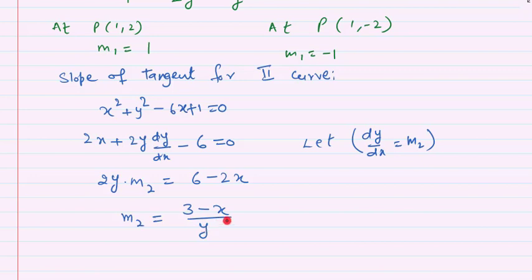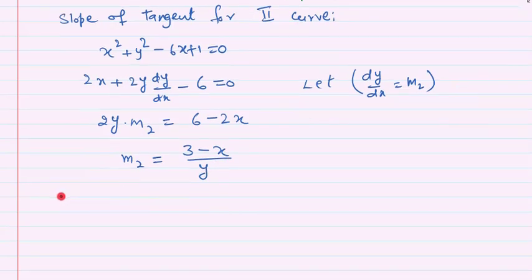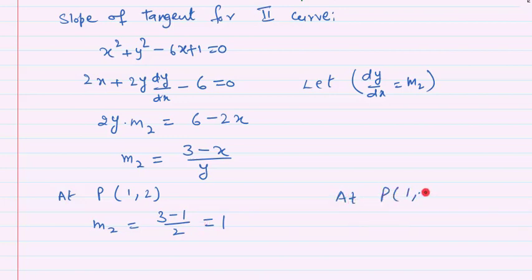Now let us calculate m2 at the 2 points. One is P(1, 2) and the other is P(1, minus 2). So at P(1, 2), m2 is equal to (3 minus 1) upon 2. Clearly we are getting 1, and at P(1, minus 2) we are getting m2 is equal to (3 minus 1) upon minus 2, which is clearly